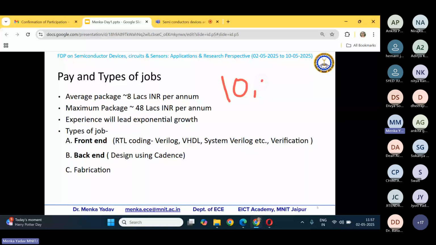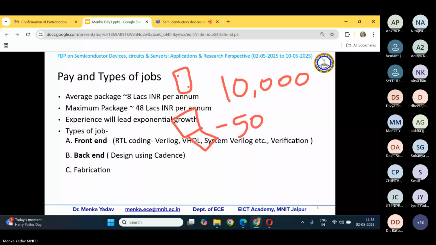Now you are having the laptop also. So let's say the average value of the laptop is